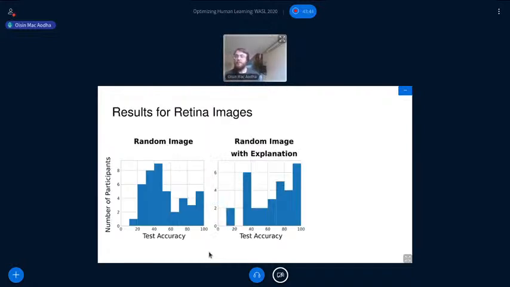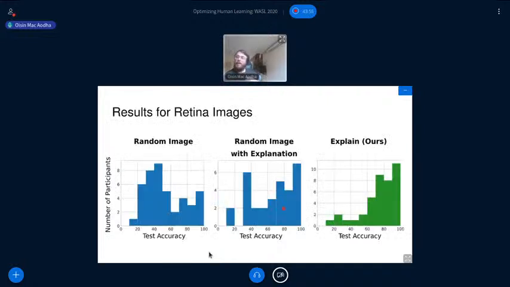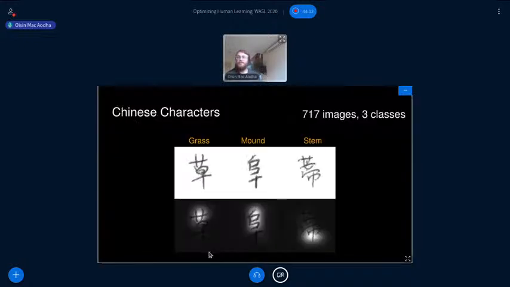If we just show the explanations along with the images, again, no smart teaching, just selecting images at random but presenting explanations, there's a big increase in the performance. So these are distinct sets of learners, but still doing the same task. And finally, if we compare them to our teaching algorithm, we can see that there's, again, quite a big improvement overall. And I'm only giving a rough highlight of the experiments. There's further experiments in our paper with other teaching algorithms as well, and with and without our explanations.